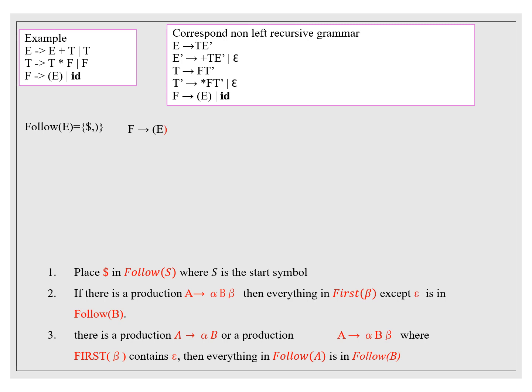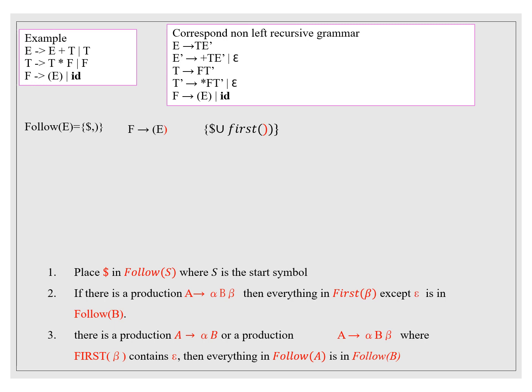Why? Rule number 2 says that we have to compute follow of E. Follow of E is nothing but first of closing bracket. Go through the second line of the algorithm. A derives alpha B beta. Then what is follow of B? Follow of B is first of beta except epsilon. Understood? Therefore, come to the follow of E here. What is follow of E? Follow of E is dollar and closing bracket.